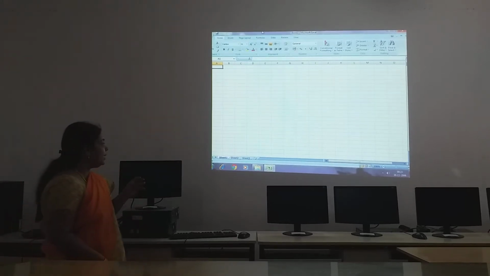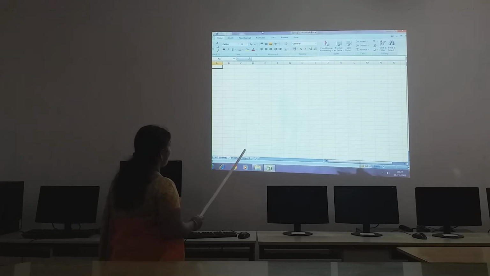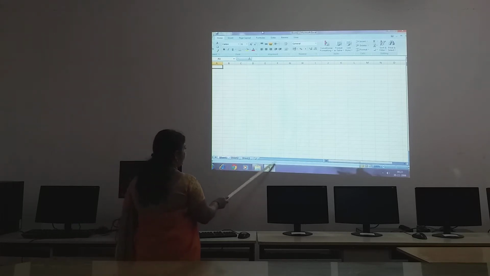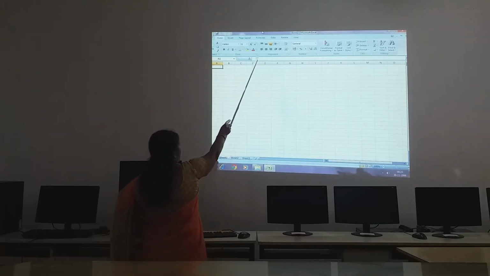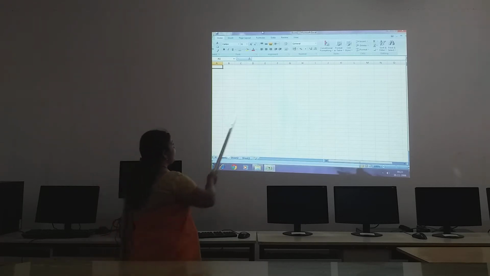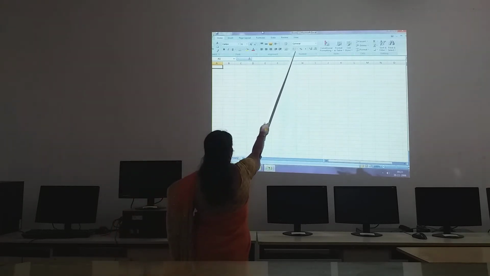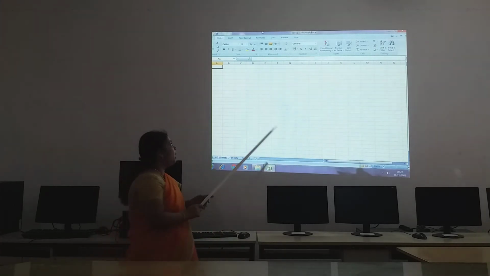So we will see now the components, children. The components means what are the parts, like this. See, you have the clipboard group, font group, alignment group. These are called components. See, you can observe up there Book 1 Microsoft Excel, that is your title bar.